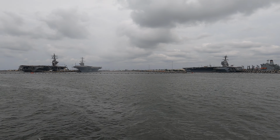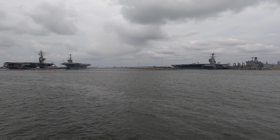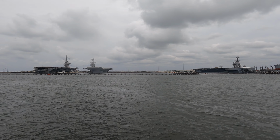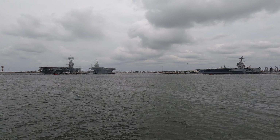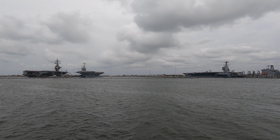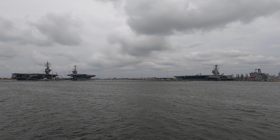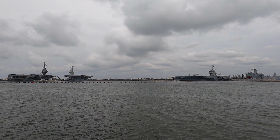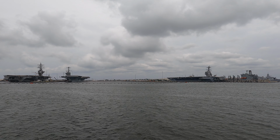So we have a total of 11 carriers in the fleet now. 10 of them are Nimitz class ships, and the other one, of course, is the Gerald Ford, which hopefully will be fully operational as far as deployment status in the very near future. There are going to be two more Ford class carriers under construction in Newport News. In fact, they're already under construction. The next one will be named John F. Kennedy, which will be issued about 3.5 years from now. And one more past the Kennedy will be named the Enterprise. As many of you probably know, we have previously